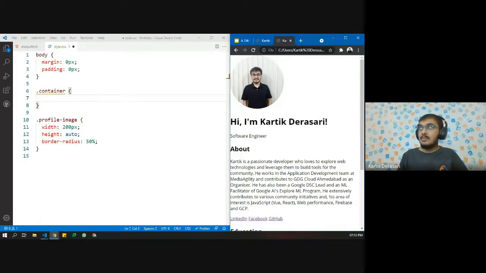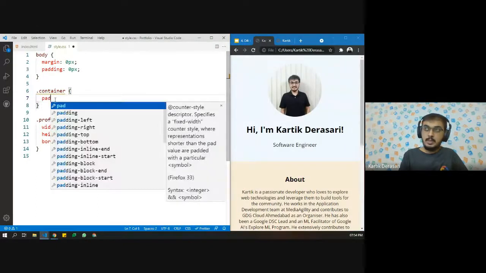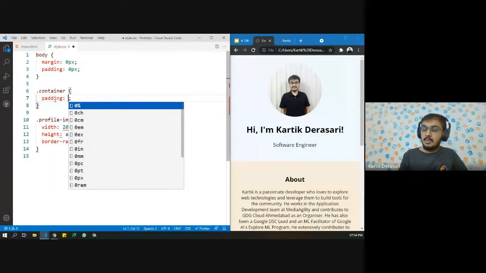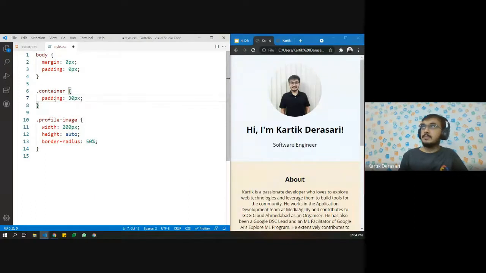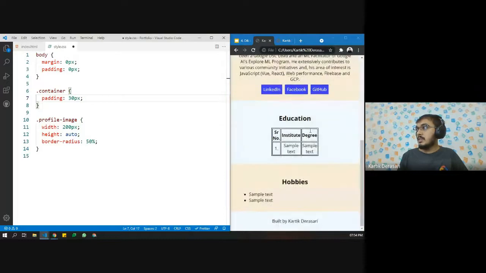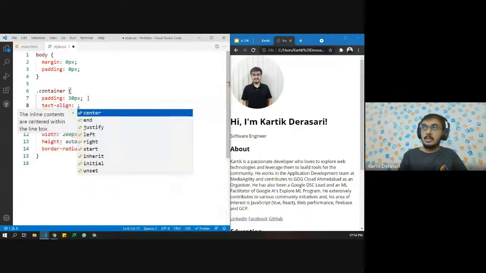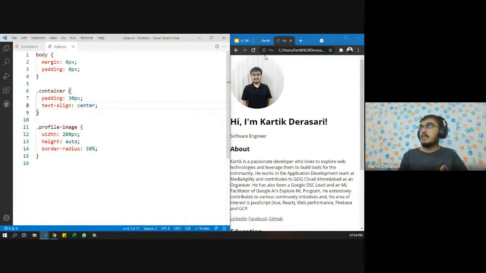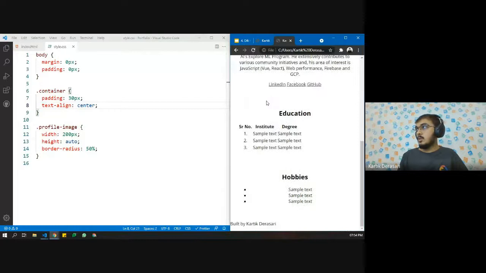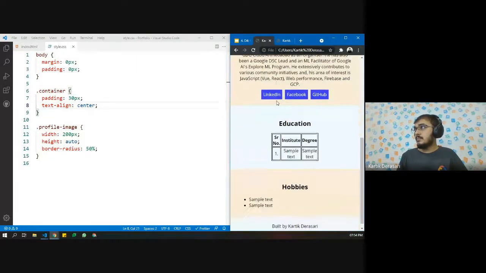Let's have a margin of 40 pixels. We also want the text to be center aligned. Right now it is not, so let's say text-align equals center. Save it and let's see how it looks like. Okay, looks good.